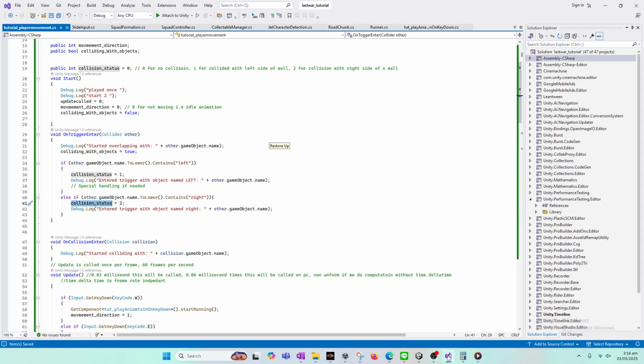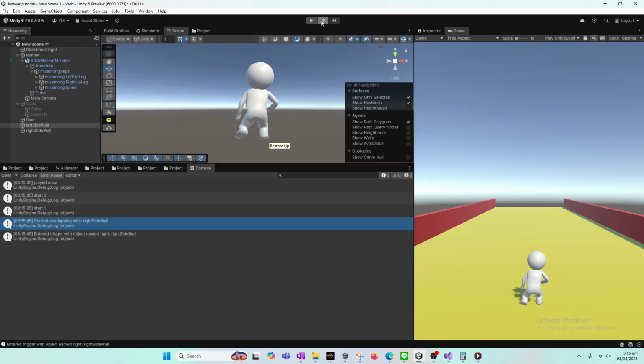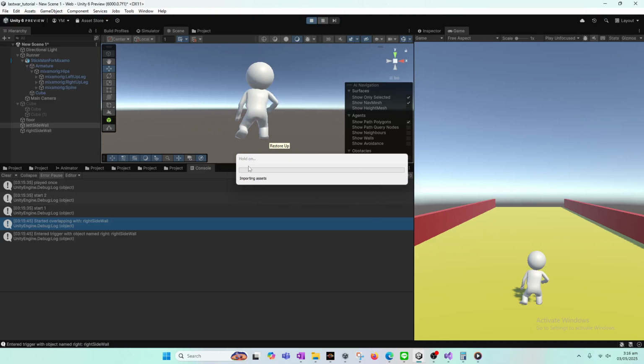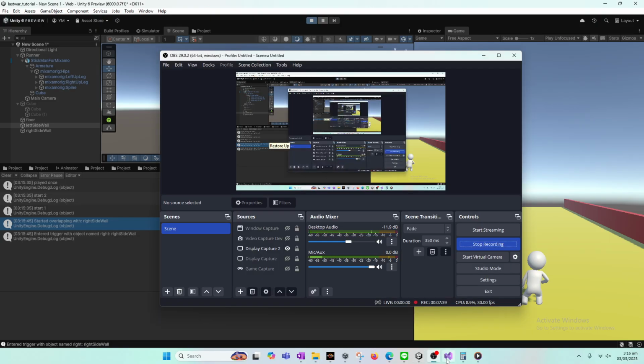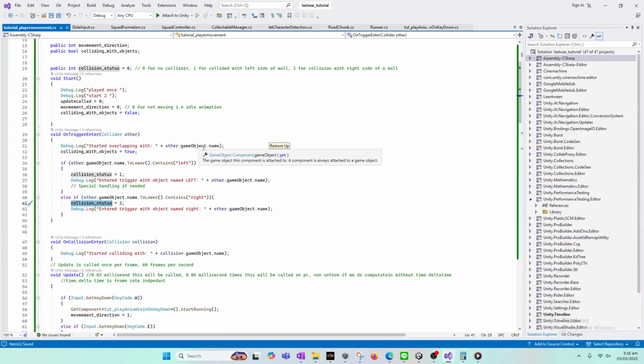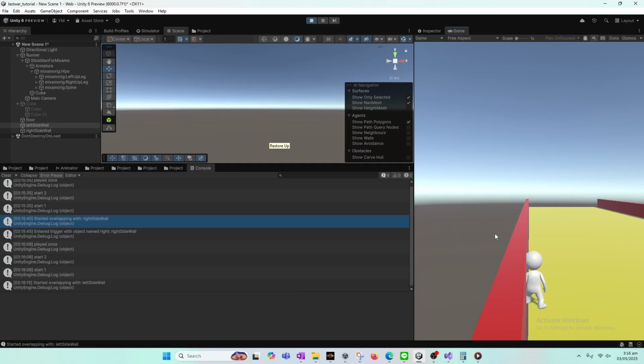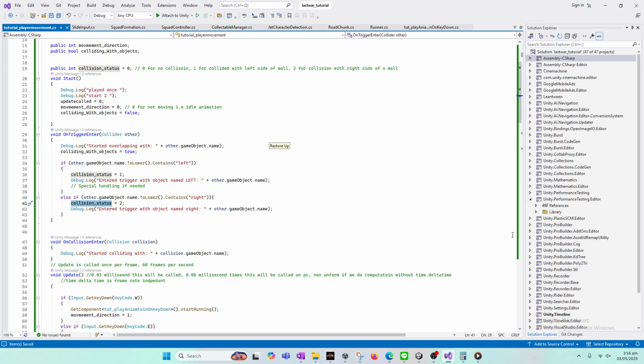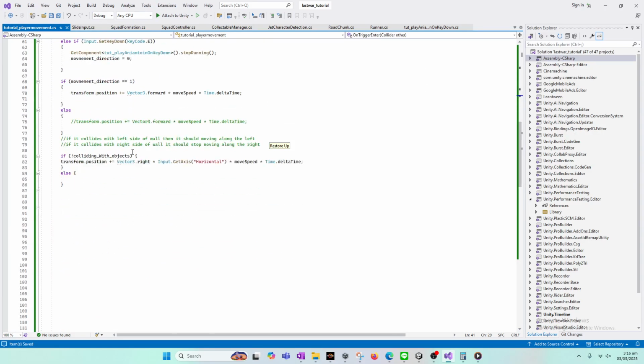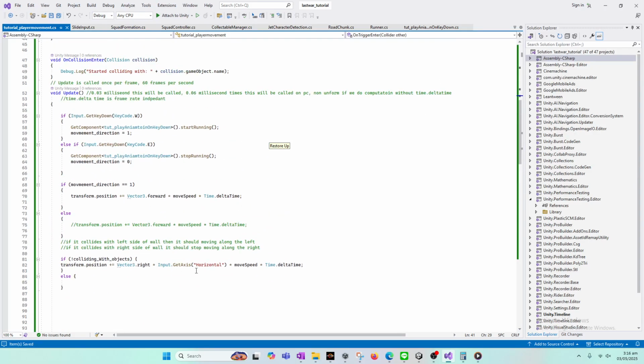Boolean status went to 2, and when we play this again and collide it on the left side, this would work similarly. So let's move it, and as you can see, it collided with the left side of the wall and it stopped moving. So now what we will do is, instead of stopping this altogether,